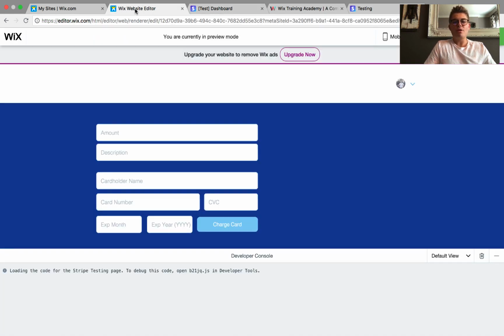Once you do that, we can go back to the editor. We're going to choose amount. I'm just going to put 5. Description, testing. Cardholder name, well, people say these new glasses made me look like Harry Potter. So, Harry Potter. And then card number, this is when we're going to use that Stripe card number that they